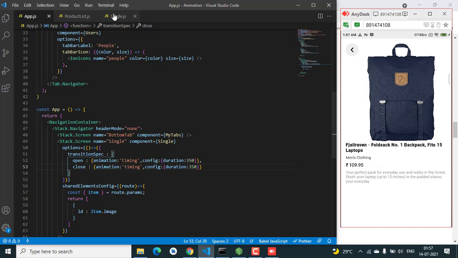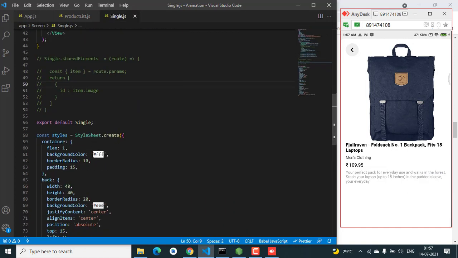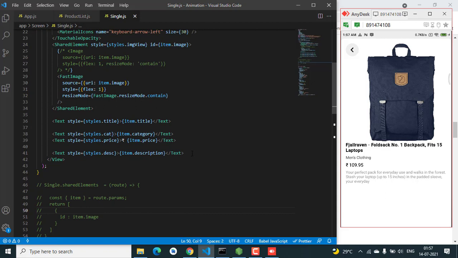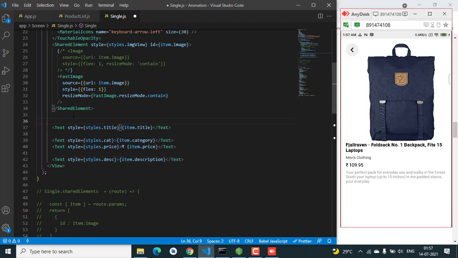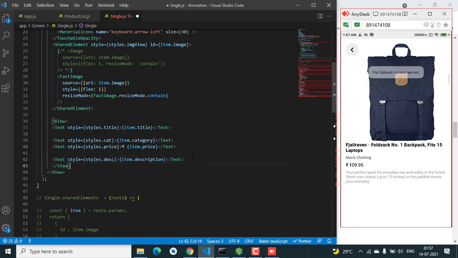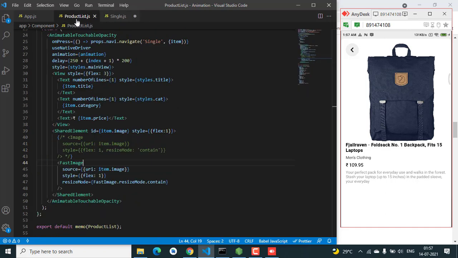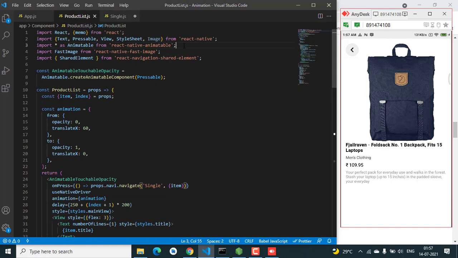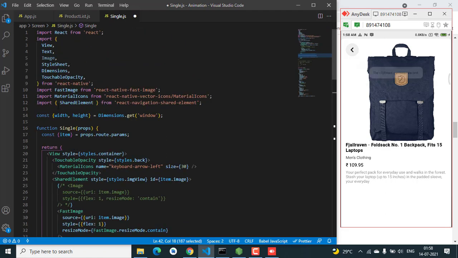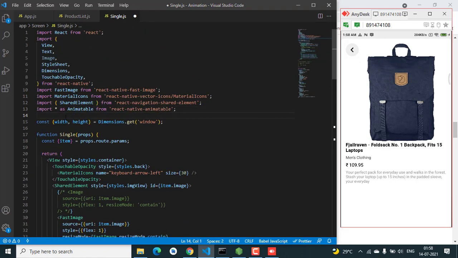You can also do some animation in a particular single screen. You can also add some animation like this text. So we want to wrap this text with a view, and use animatable to animate over here.